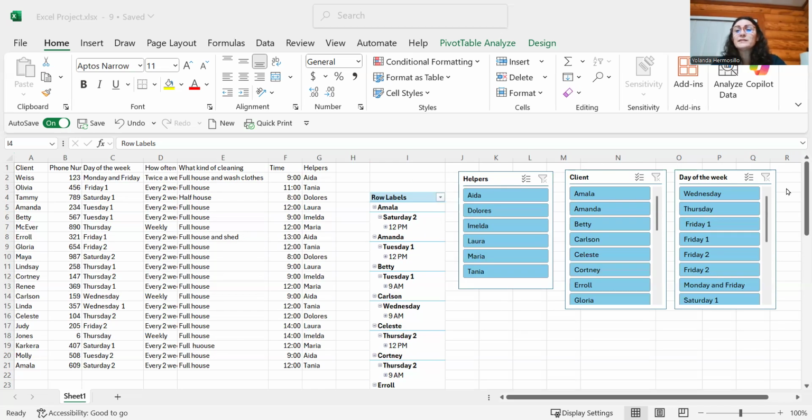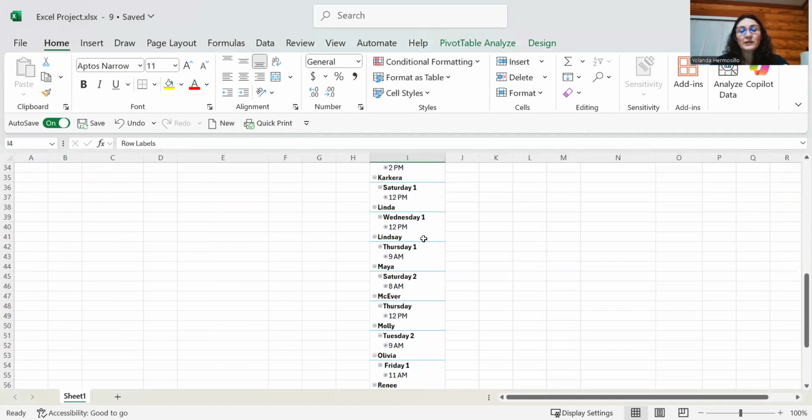But I created these sliders. I put my helpers. So if I say what houses is Aida cleaning, and I put the filter, it shows me the houses that Aida will clean.